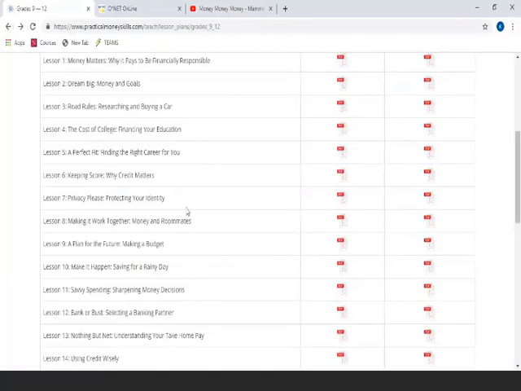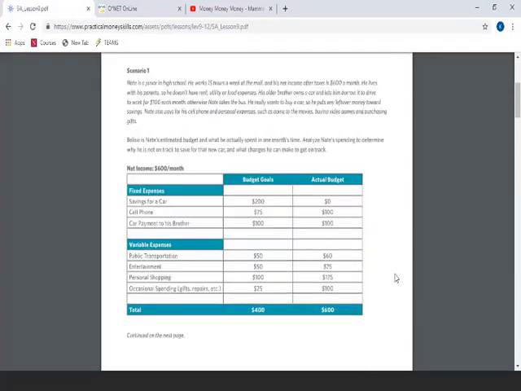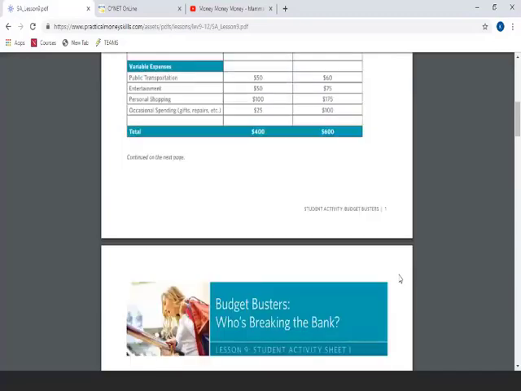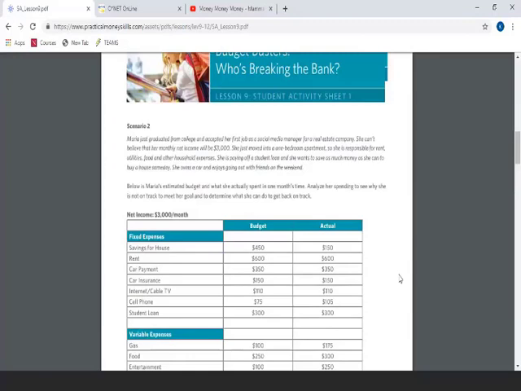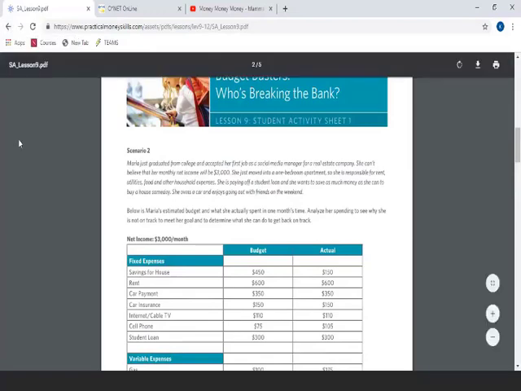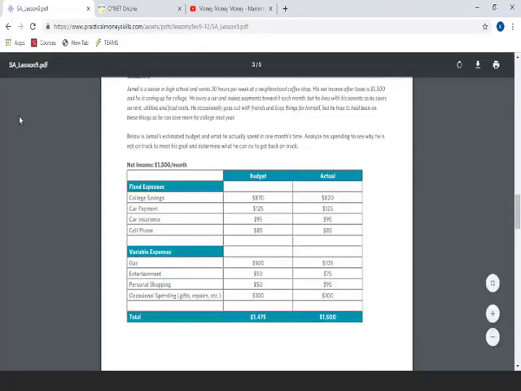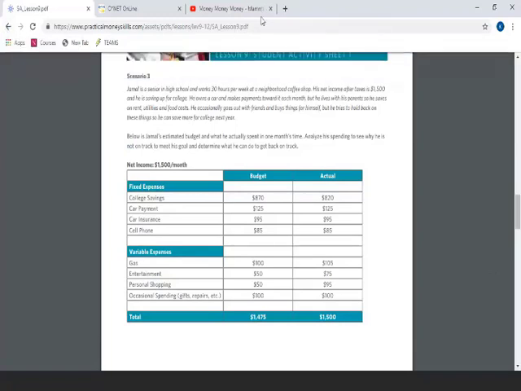It's a good one for also under the student activities because it gives you your scenarios. It gives you a budget form that you can use, and I've got a blank one that will be coming to y'all so you can use it in your lesson plan. And it gives different scenarios, things that they have to kind of try and figure out. So does anybody have any questions about either one of these screens? But they're short, and they're easy to do, and there's something that I've used something very similar to this before, and my students really did enjoy it.